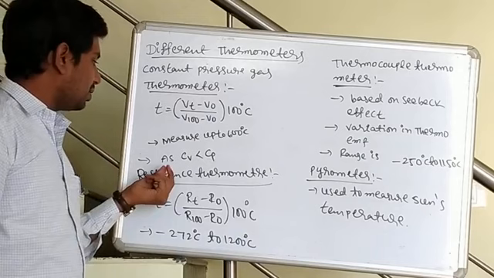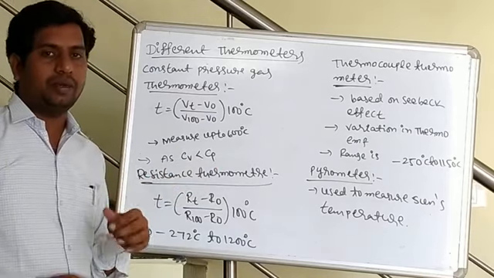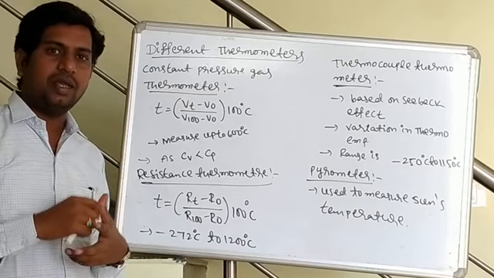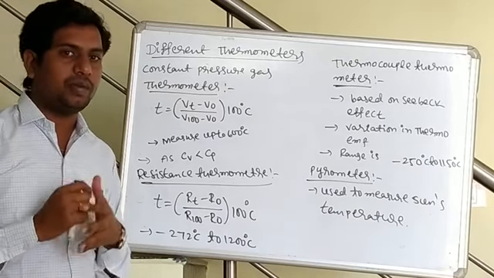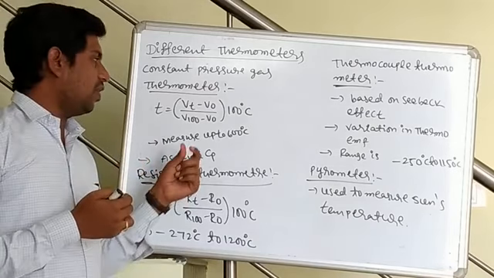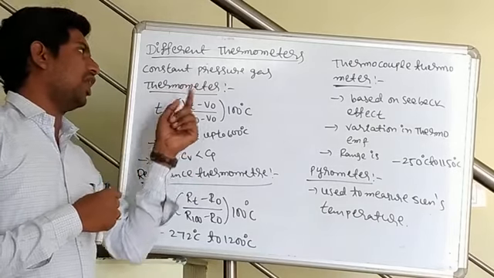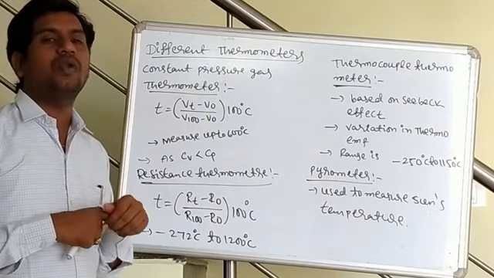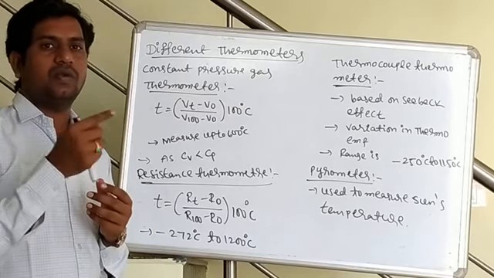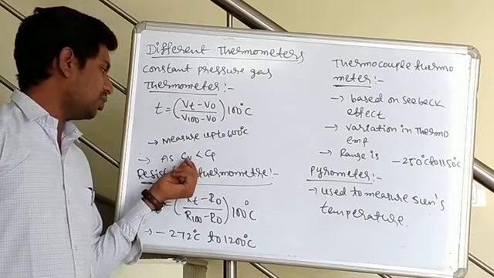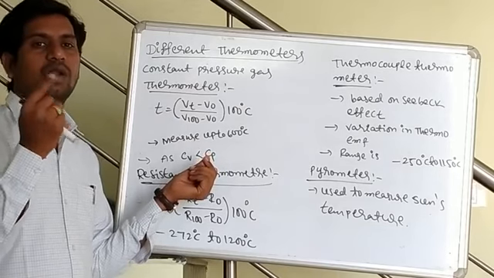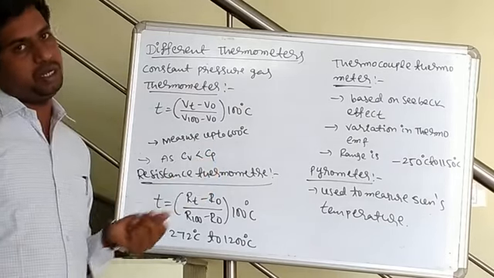But as Cv is less than Cp, the molar specific heat at constant volume is less than the molar specific heat at constant pressure. So if we have two thermometers, a constant pressure gas thermometer and a constant volume gas thermometer, it is better to use the constant volume gas thermometer, because Cv is less than Cp and the expansion is more for a small amount of heat.